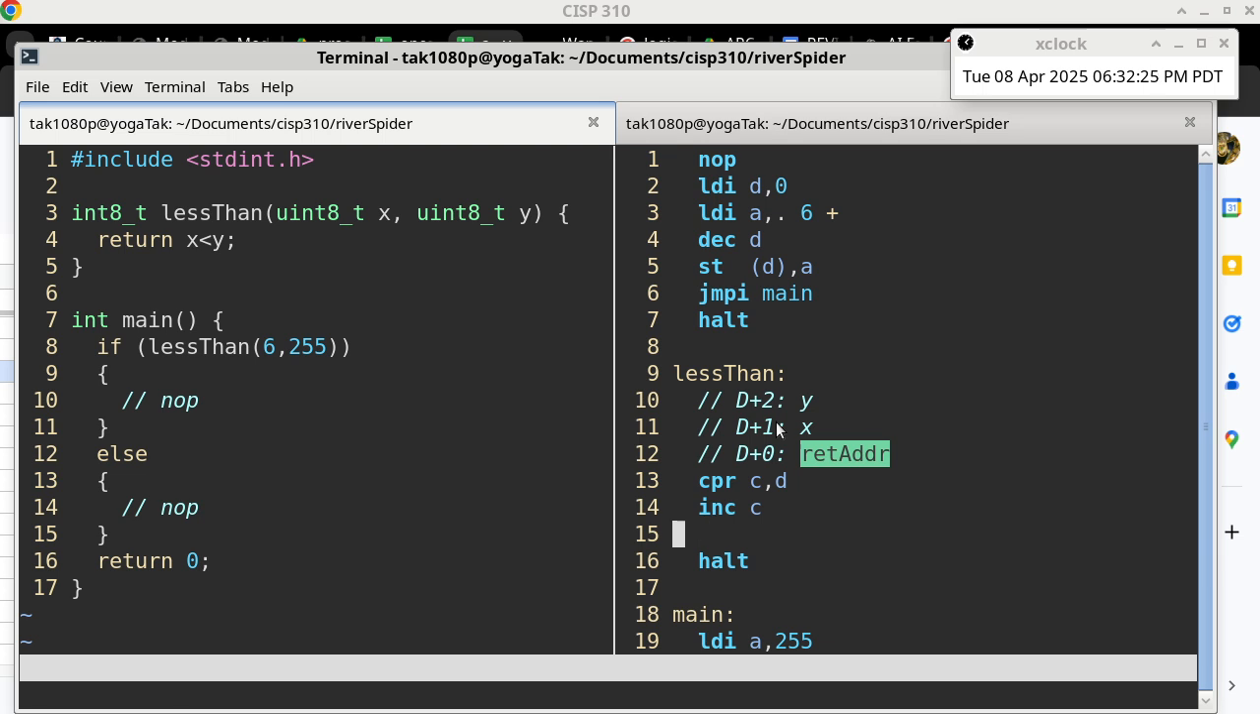When line 14 is completed, what is in register C? Is it the value of X or the address of X? The address of X. Okay, yes. After the increment C, it is the address of X. Are we comparing the address of X versus the address of Y, or are we comparing the value of X versus the value of Y? The value. Okay, so if I have the address in register C,